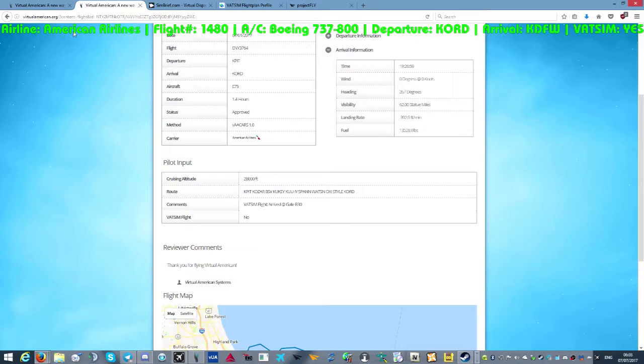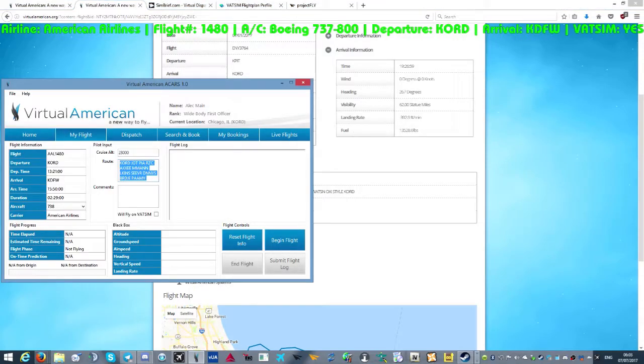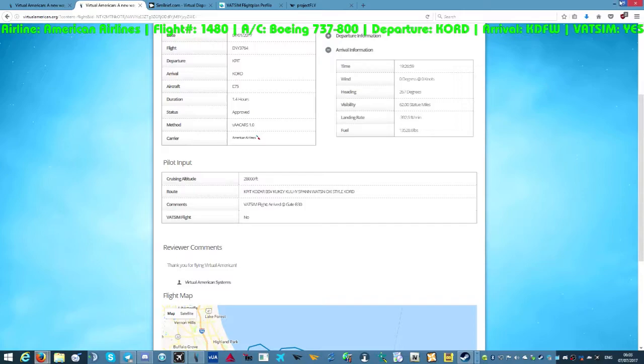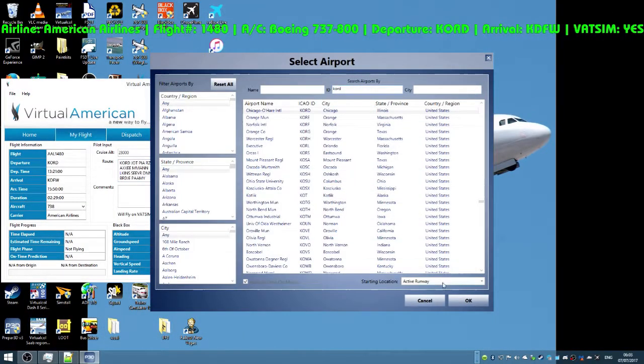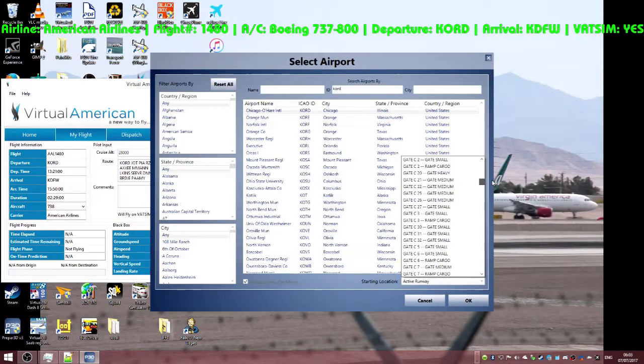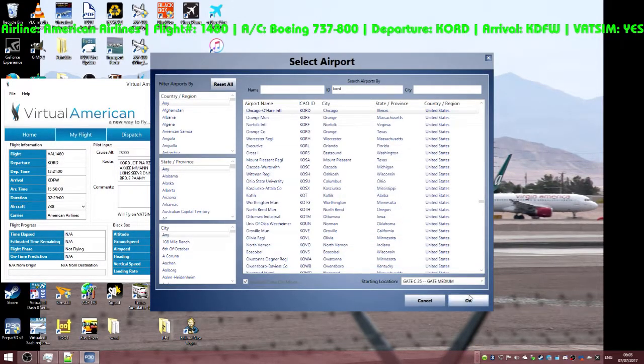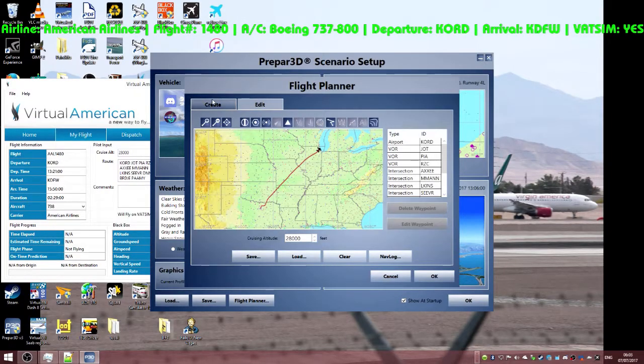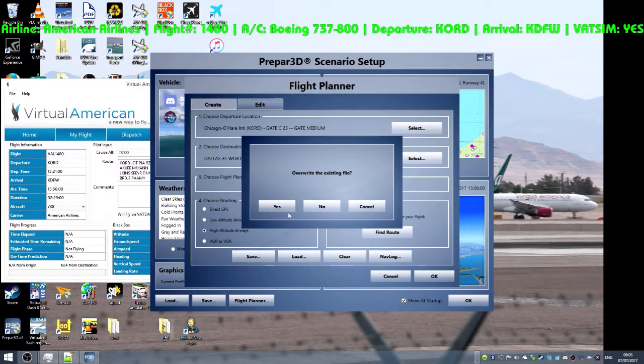Alright, gate Bravo 30. Okay, so we need to put that in. Not there. There we go. Gate Bravo 30. It wasn't Bravo 30. What was I thinking of then? Oh, I don't know. Okay. I guess we'll go Charlie 25. I'm not exactly sure where American Airlines terminal is out here, but there's nobody else there, so it should